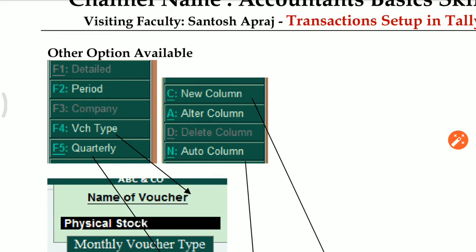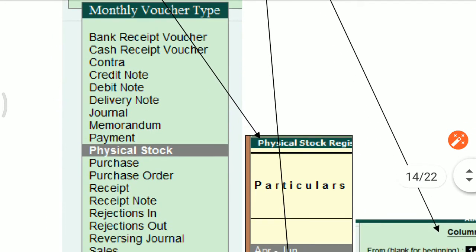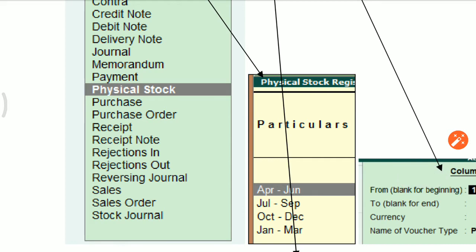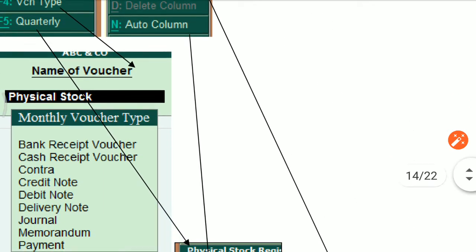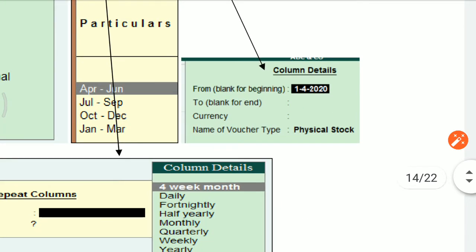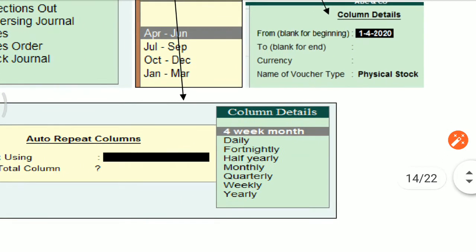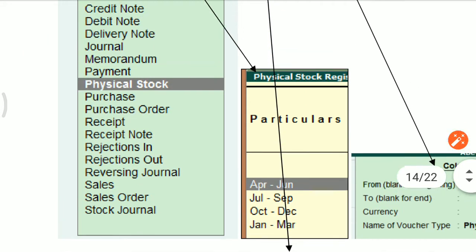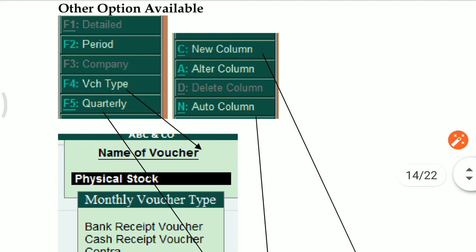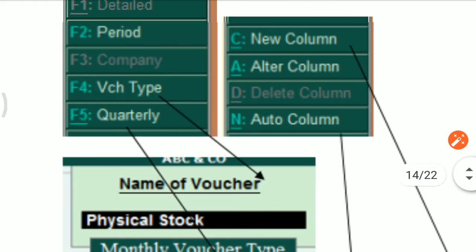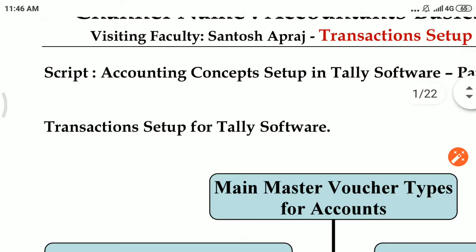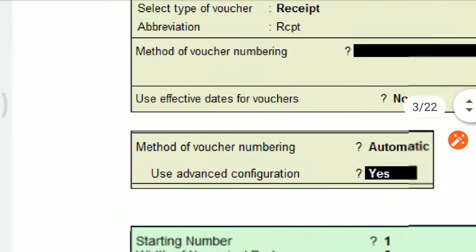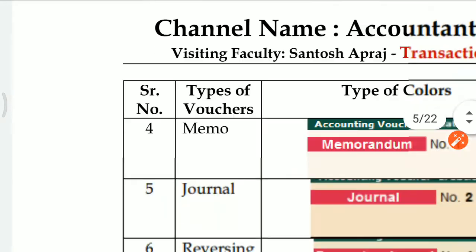Whether you want your report quarter wise or month wise, there is also the option of new column, meaning you want to present your data in columnar format or in period format.